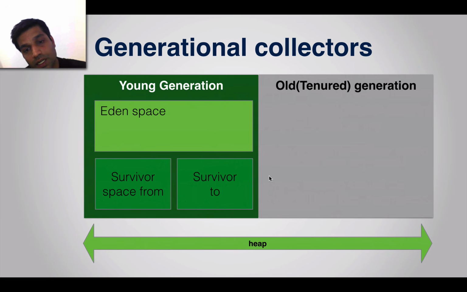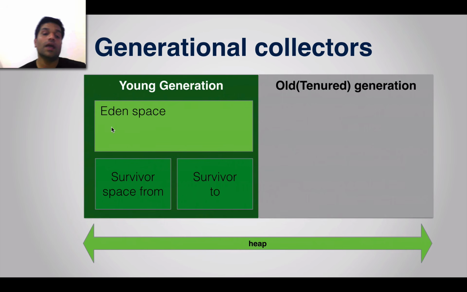The young generation, as you can see, is the place where objects are created initially. As the name indicates, it is for young objects, where the new objects are created. The young generation is further divided into Eden space. Eden is a place where new things are created. Whenever you call something like new HashMap, for example, that HashMap object is created in the